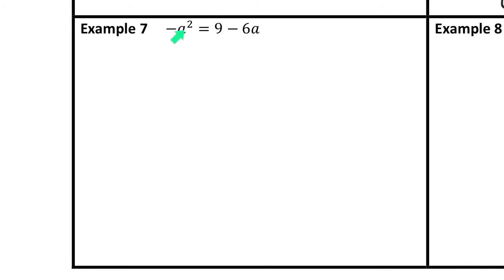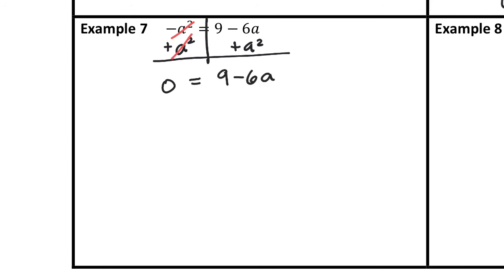And I also want the squared term to be positive, so I can do 2 things at once, right? I can get what I want in 1 move. So I'm going to add a squared on both sides. It's going to cancel here, and it's going to give me 0 equals,